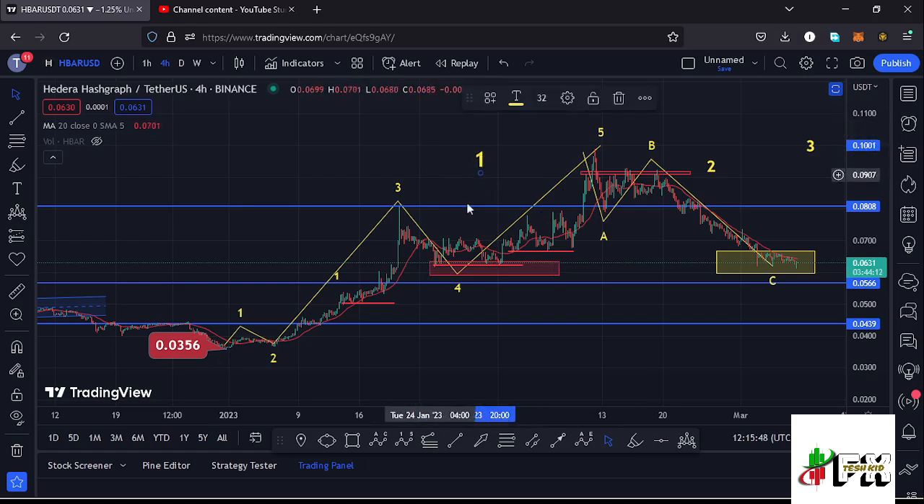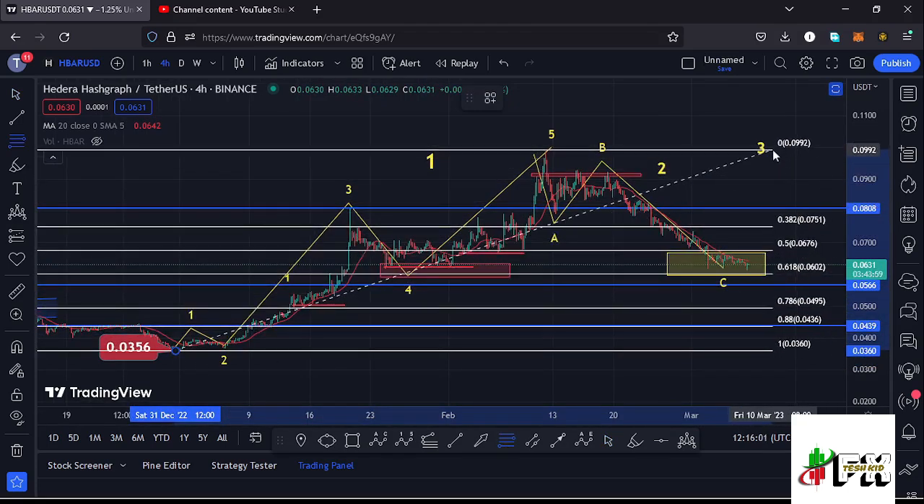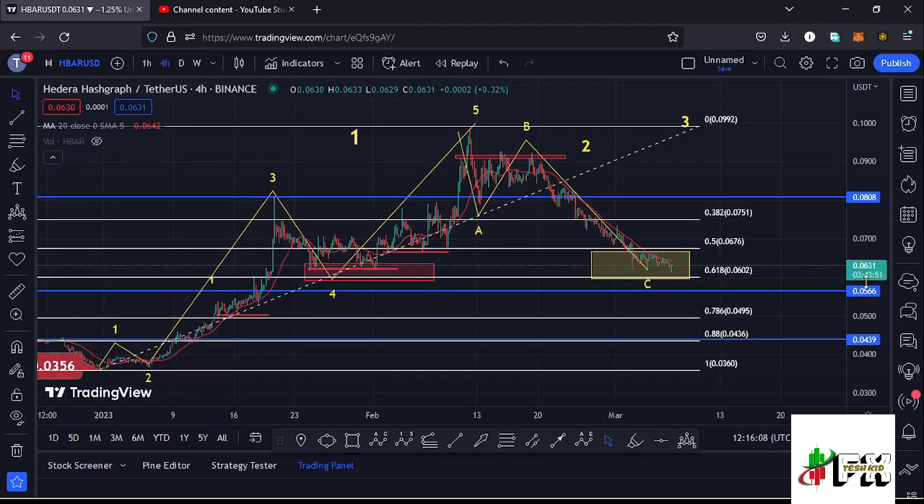And after seeing the formation of this 5-wave structure to the upside, I believe Hbar completed an even larger Elliot wave count 1 to the upside, and whatever we are seeing at the moment is a corrective structure in the formation of a larger Elliot wave count 2. Using the Fibonacci, connecting them from the low of the first wave to the high of that wave 1 to the upper side, that gave me a minimum retracement area to the lower side in the formation of that wave 2 between the fib level 0.5 and the fib level 0.618, which is a target area that lies between the $0.0676 mark and